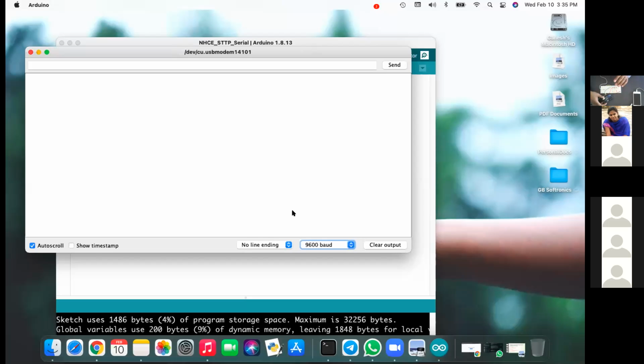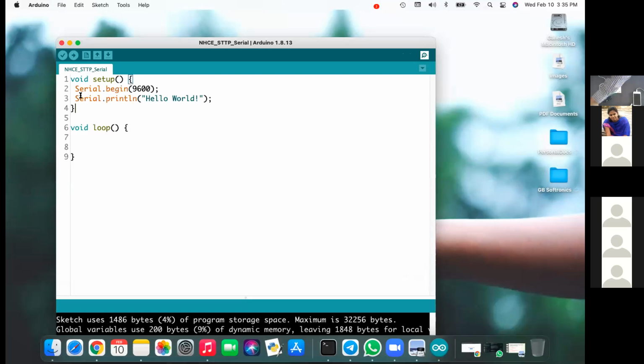When I reset the microcontroller, then it should send the hello world. So why is it not sending? Let me put it into the loop function and see what the output is. But I have to put a delay here. Continuously it is printed, but when I put the delay, there is a 1 second delay in between the two prints.